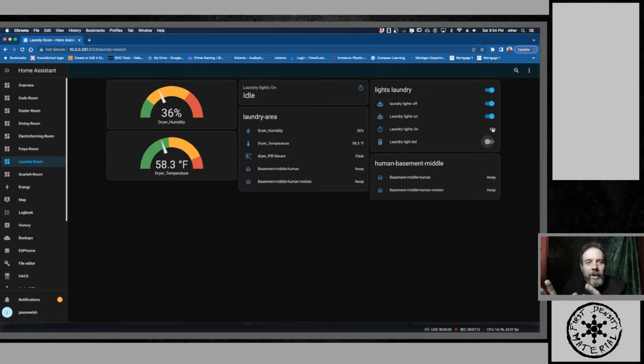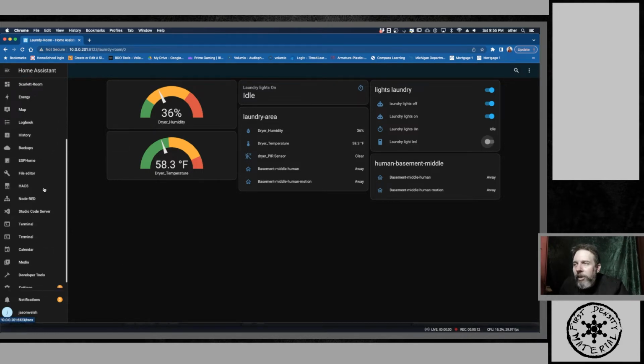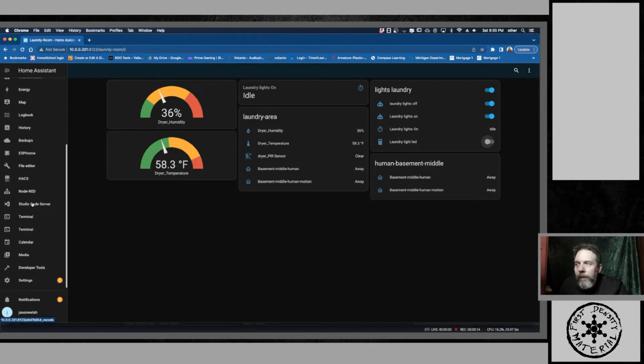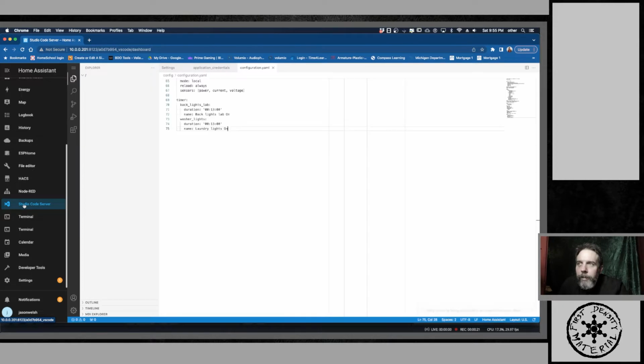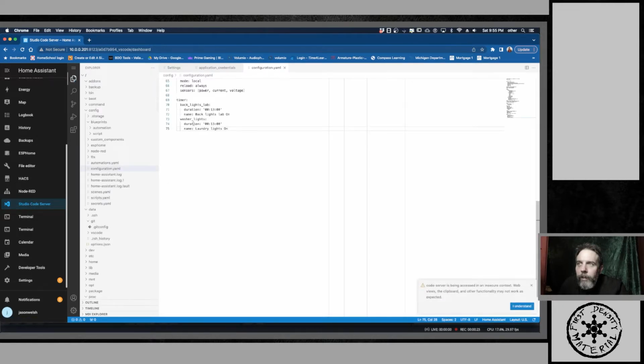Alright, so enough of this. Let's look at an automation in this laundry room where that occurs and how to set that up. Alright, so the first thing we're going to do is set up a timer. The timer actually lives inside your configuration file. So on your configuration file, you put the following: